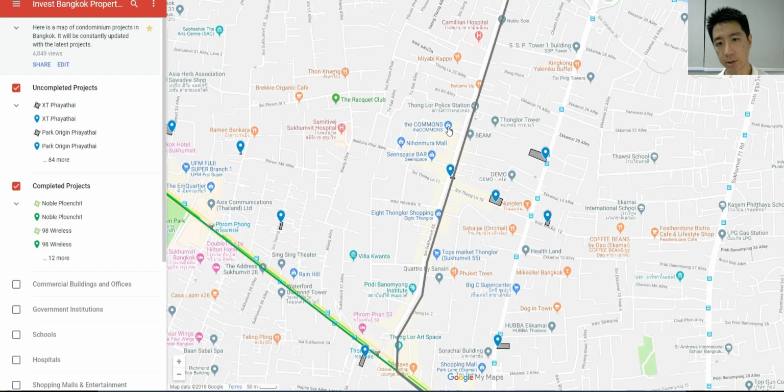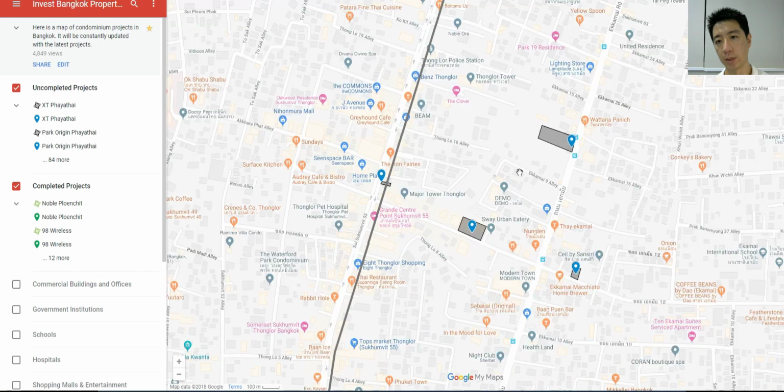So you'll see, this is The Commons. I went to The Commons community mall, and it's really expensive. This is XT Ekamai, and XT Ekamai is competing with The Fine Bangkok, which is here, and this is Park Origin Thong Lo. Park Origin Thong Lo is located on the site of Arena 10. Arena 10 is still there, but it used to be a place where you could go to play